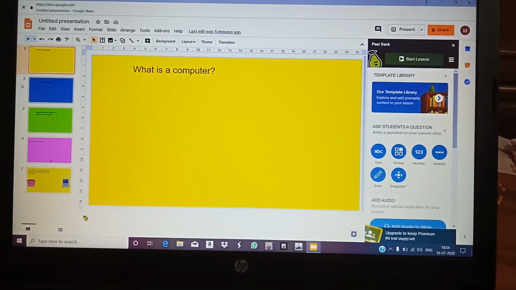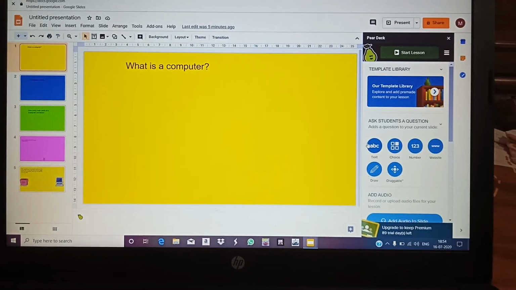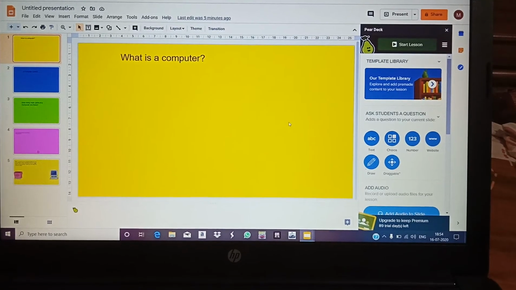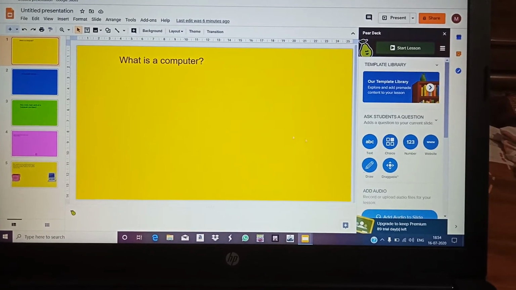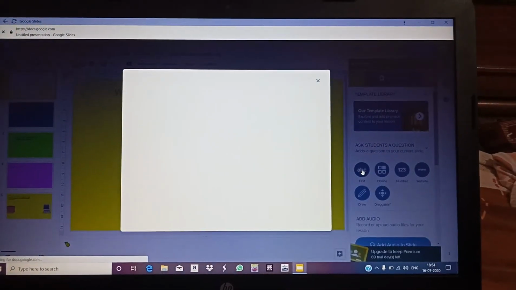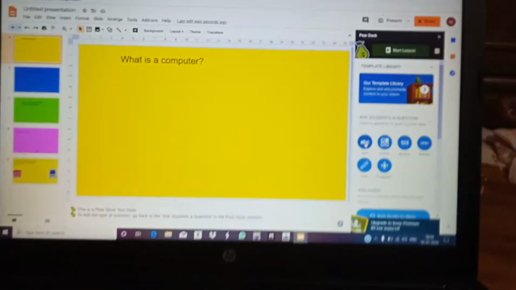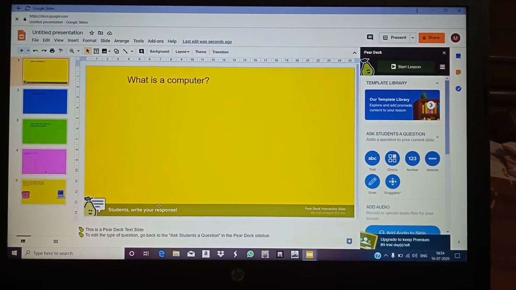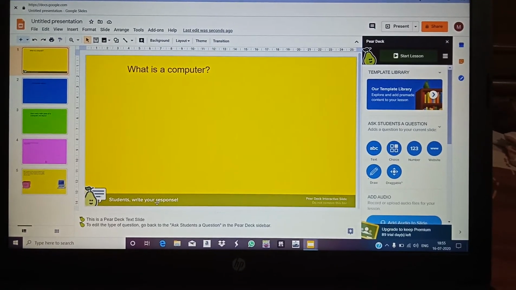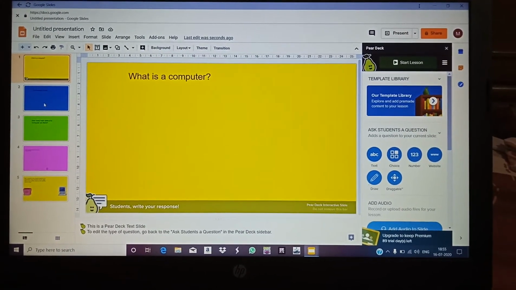Okay, now what you have to do: I have chosen slide number 1. Now you have to activate these formats. Number 1 is the text format. I have designed the questions in this format only. You click on slide number 1 and then click on text, and now see, it's working. You have to open it. Now see, that same option will be activated on your slide. Can you see this? Students, write your response. Your Peardeck slide is ready for sharing for online class. Now it is applicable.